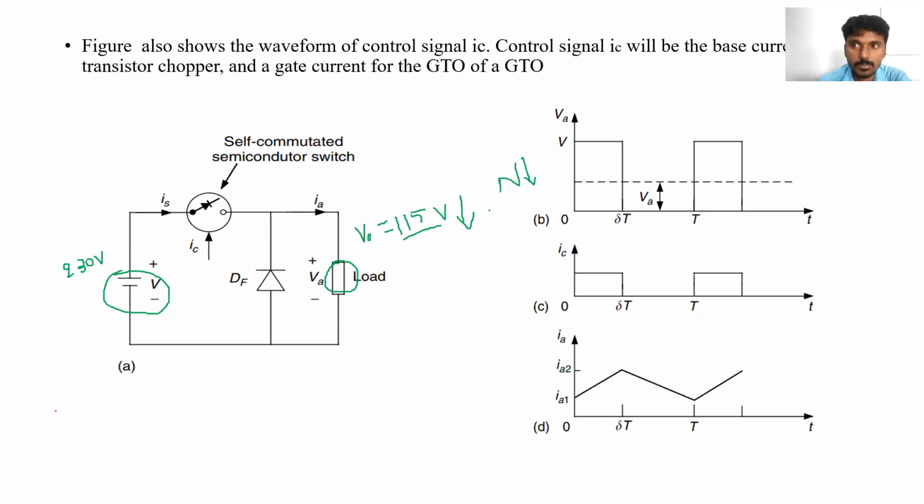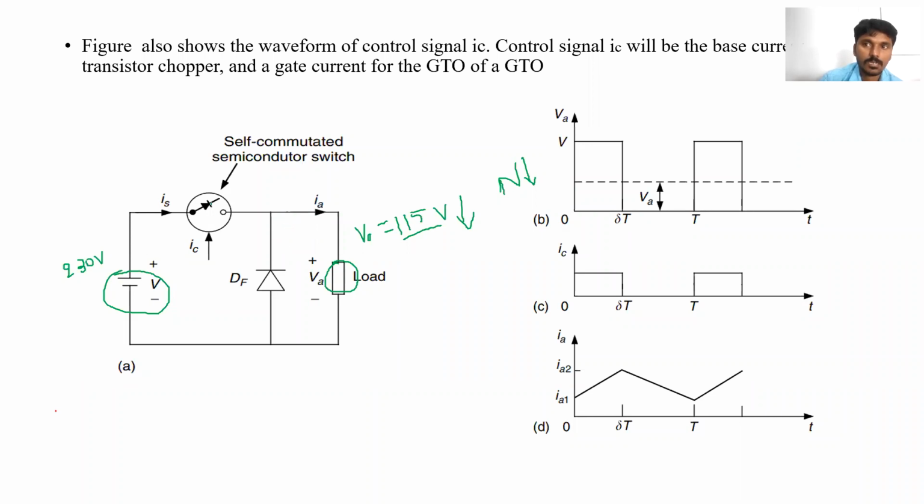Because the speed is directly proportional to the voltage. If the voltage is decreased, the speed is also decreased. Yes or no, please? Clear? So that's why, in this way, we are going to control the speed of the motor. How can we control the speed of the motor? By varying the voltage which is given to the armature terminals.